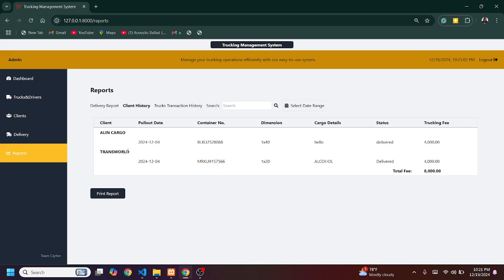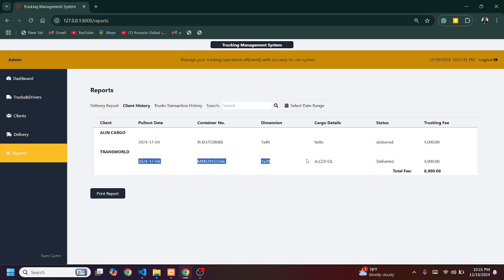So all the deliveries being made by that specific client will also be rendered in this table. For example, for Allen Cargo, if you have five deliveries with the client Allen Cargo, all five deliveries will be reflected in this table under Allen Cargo, as well as for the Transworld.